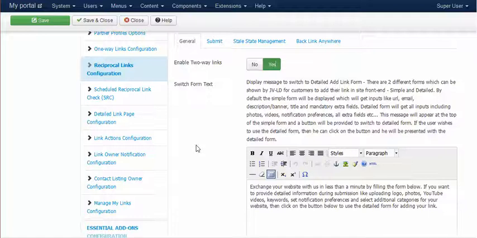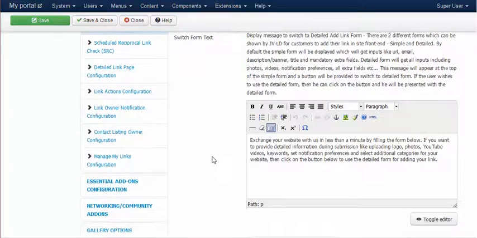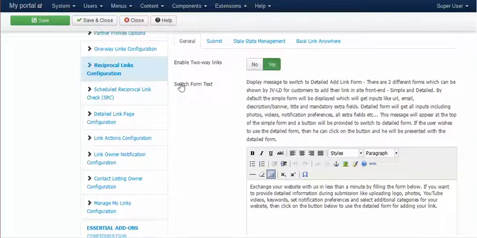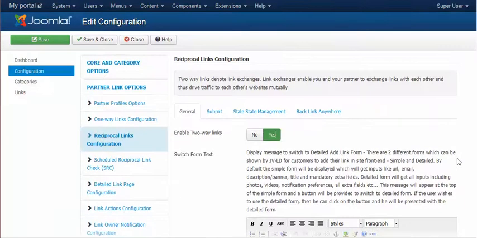One is the simple form, which is by default shown to the user, and the user has the option to switch to the detailed form, and you have options to actually customize the message as shown in this particular field. Now why do we need the simple form? It's pretty simple again. Your user can actually exchange link with you in a matter of seconds. Now if your user has enough time to add more information about his link, then he can always switch to the detailed form.